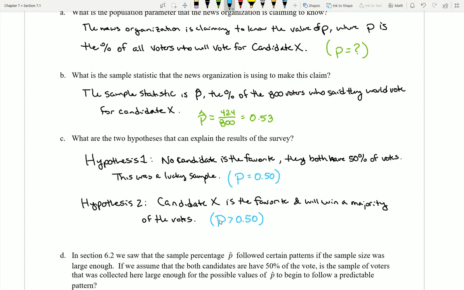We're going to take these two hypotheses and try to figure out which one of them we would think is the safer bet. Now remember, from when we talked about testing hypotheses with our simulations, it was very important for us to always test this first hypothesis that indicated that the sample was lucky. What we're doing in our tests is we're going to try on what it feels like to say that the probability, or the percentage of the votes that this person is going to get, is half. And we're going to see how well that fits in terms of some probability scenarios. And we'll talk about that in the next video.